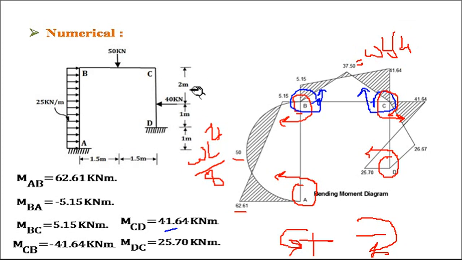Now here the load is not acting at the center. So the free bending moment value will be W a b upon L. Put the value of W, put the value of a as 2, and b as 1, and length as 3. So we will get the value 26.67. Here it is a UDL, so it is joined by a second degree curve; here it is joined by a straight line, and here also by a straight line.